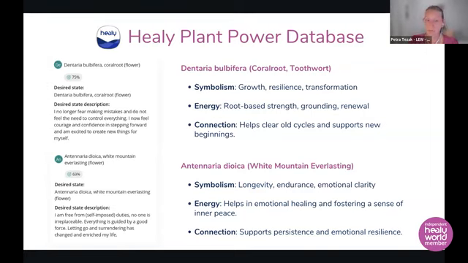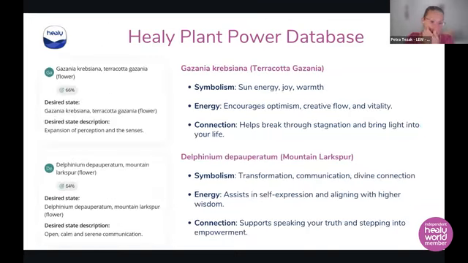And the connection to this flower supports persistence and emotional resilience. So obviously there's a transition going on. And we're going to look at the pattern. So this is the next two. It's expansion of perception in the senses. And it says sun energy, joy, and warmth. So expansion of perception also means if we are in contraction or something's out of balance, we need more joy, love, and warmth in the body in order to actually expand.